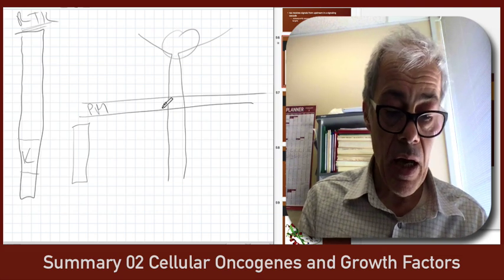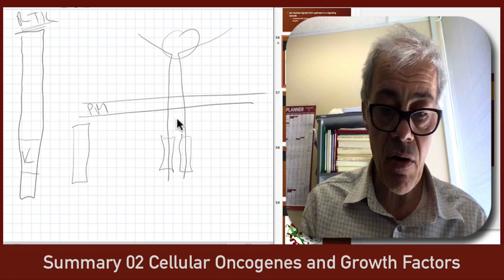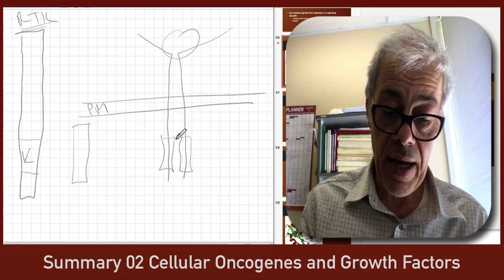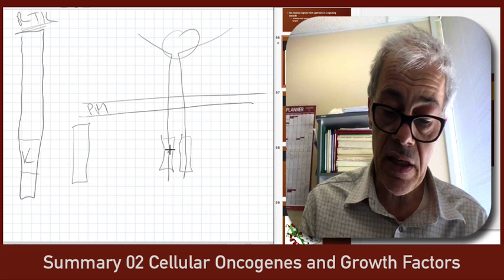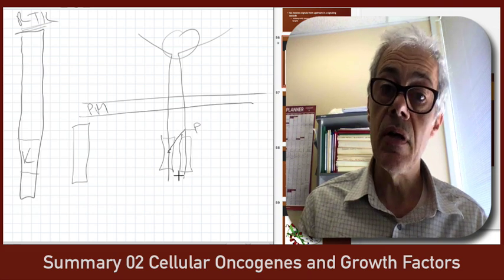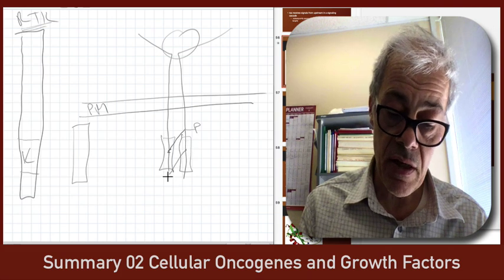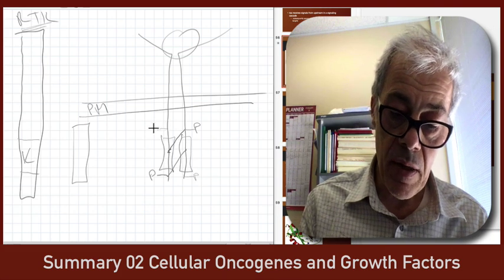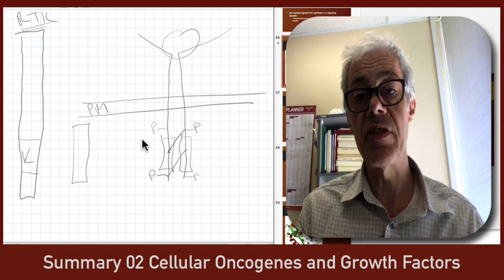Okay, and then understanding that these are kinase domains, we now understand that the binding of the ligand brings the two monomers together and then allows these kinases to become active, whereas this kinase now is in the vicinity to phosphorylate this cytoplasmic tail, and this kinase can phosphorylate this one. So you get regions on the cytoplasmic side of the receptor that can be phosphorylated on the tyrosine residues by